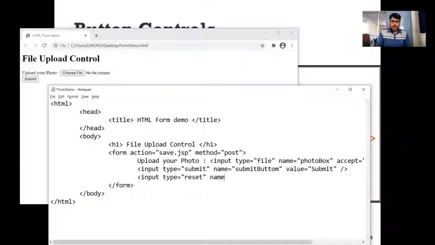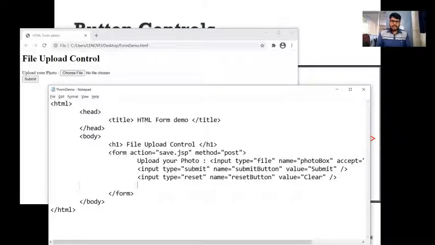The name I'm going to specify is resetbutton. So the value I want to specify is, for example, clear. Instead of reset, I want to put it as clear.